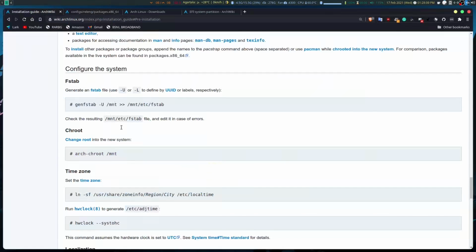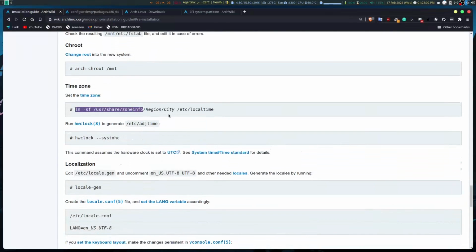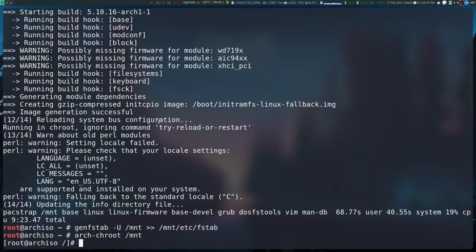So let's proceed. We need to set our time zone. If you're not sure about your time zone, you can just click on here and search for your time zone. I know my time zone and I'm going to set it. Let's just copy it, paste it,